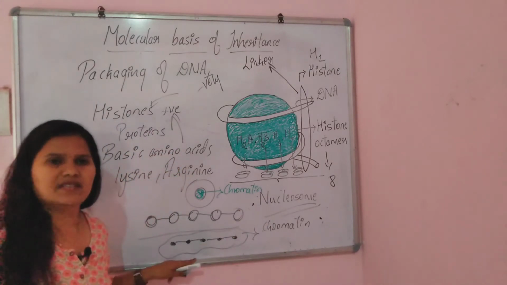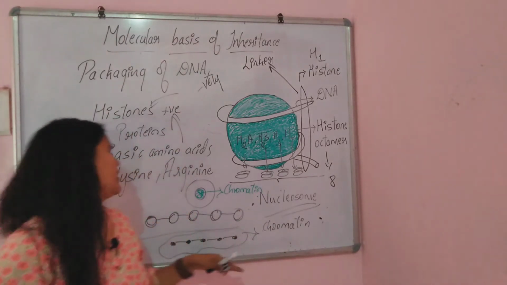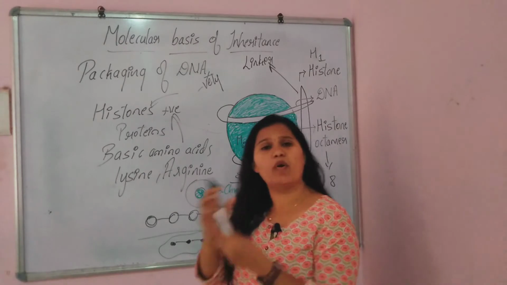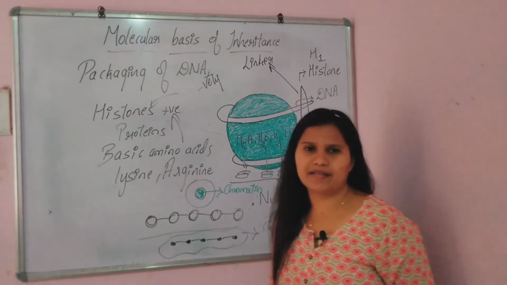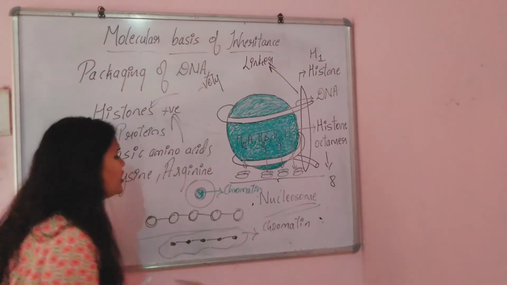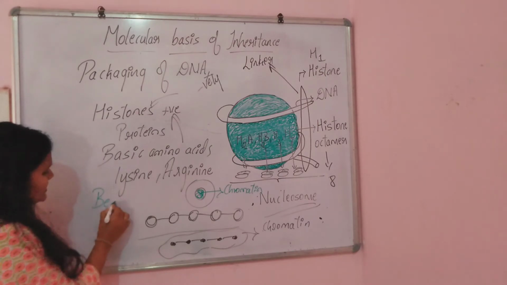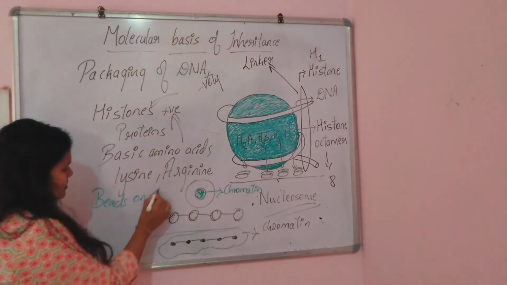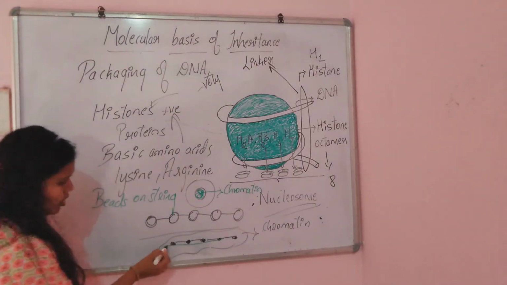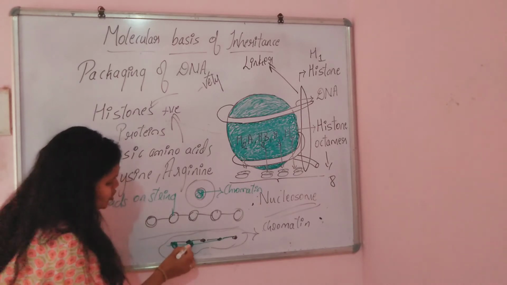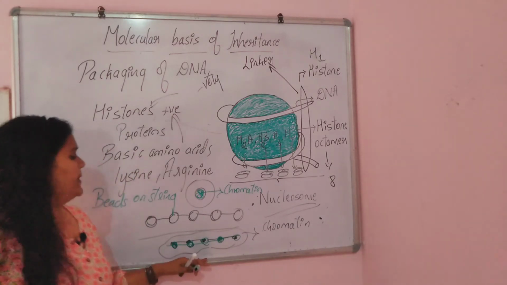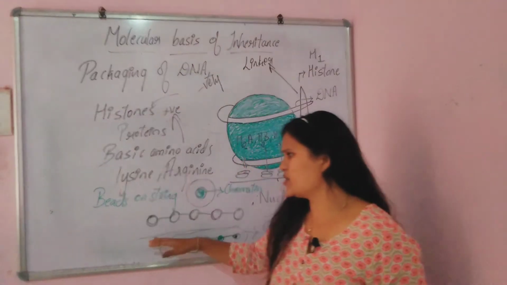So the chromatin is like this, because there it will be coiled. Here I have shown it in a linear way, but here it has to get adjusted in a nucleus. So it will be what? It will be coiled. So that is called as the chromatin. Got? So how does this chromatin look? It looks like beads on a string. The structure of chromatin, see, if this is the bead, on that many nucleosomes like this will be present. So how does it look? It looks like beads on a string.